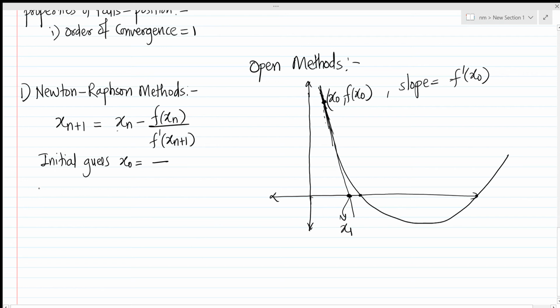So we know the slope and point, using the point-slope formula of a line, which is y minus y1 equal to m into x minus